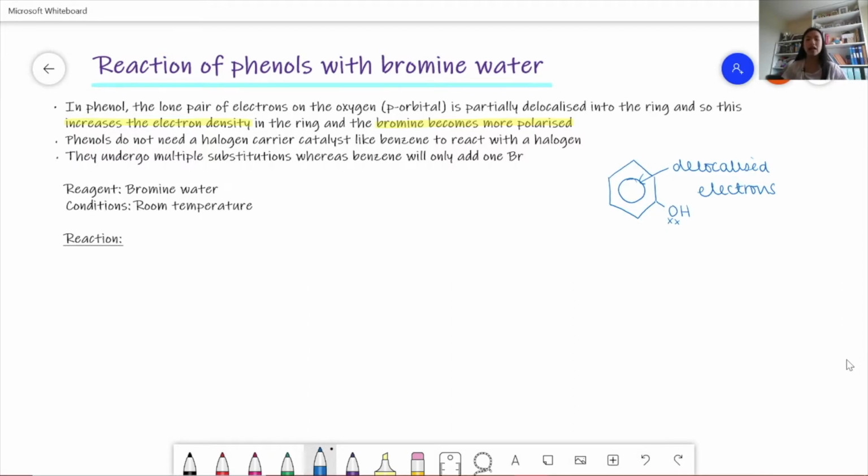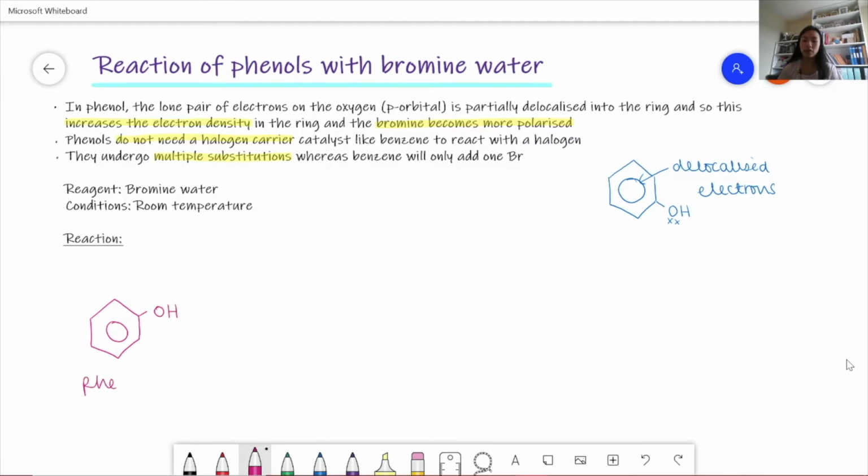Phenols do not need a halogen carrier catalyst like benzene to react with a halogen. This is because of the increased electron density. And phenols undergo multiple substitutions, whereas benzene will only add one bromine. So the reagent we use is bromine water, and we use room temperature. So the reaction we have is that we have phenol. So we have benzene, and then we have an OH. So this is our